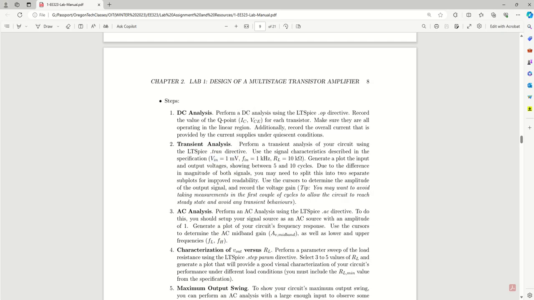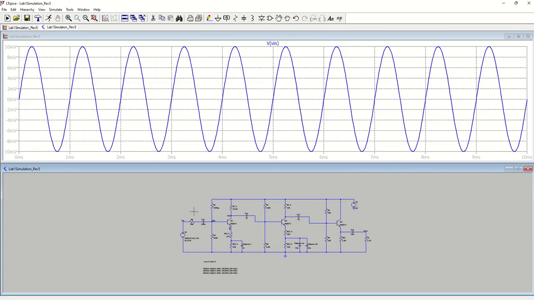And I recommend using 10 millivolts peak, because when you get to the experimental results in the lab, the function generator only goes to 20 millivolts peak to peak. So at this point, I would recommend doing 10 millivolts peak or 20 millivolts peak to peak, however you like to describe it. Okay, so we're doing 20 millivolts peak to peak, and our output